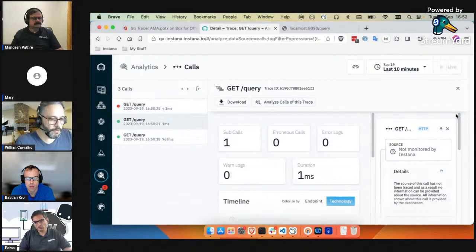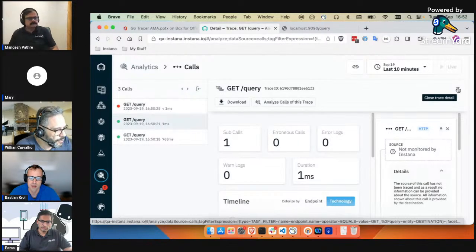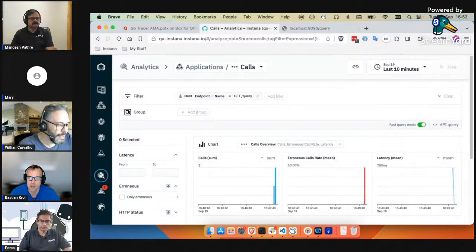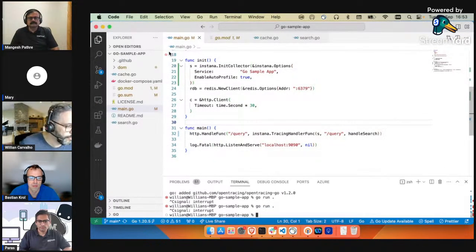So this is nice. From the developer's perspective, this is quite clear. They know why this took 1 millisecond, but that's not usually the person who's going to check that. And it's not clear why this took that much time, right? It just looks weird. So what we're going to do next is I will instrument the outgoing HTTP request.